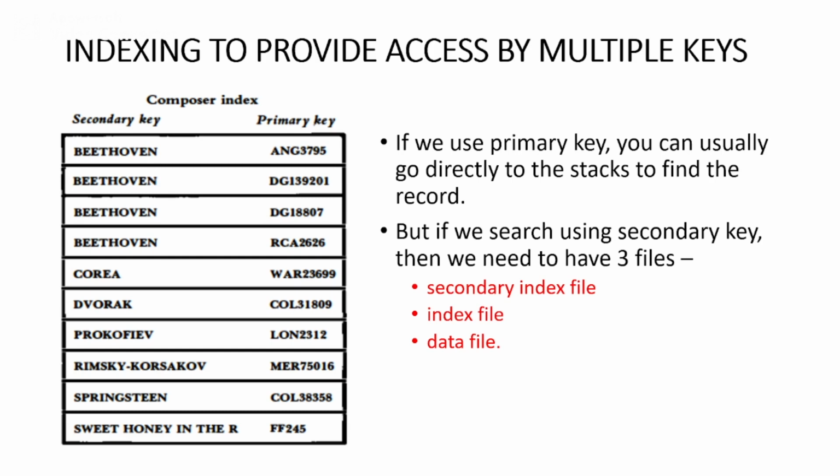So why exactly do we use a secondary key? Since we will be having only two files with the primary key, it would be good to use only the primary key. So why do we need to use secondary key? Because sometimes, say you have your own USN and you also have your name. While remembering you as a person, I will remember your name instead of USN, right? Because USN will be difficult to remember.